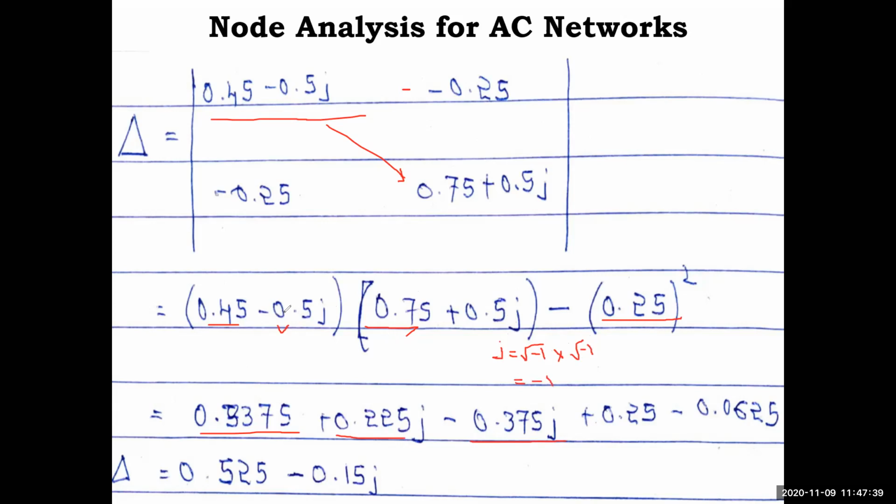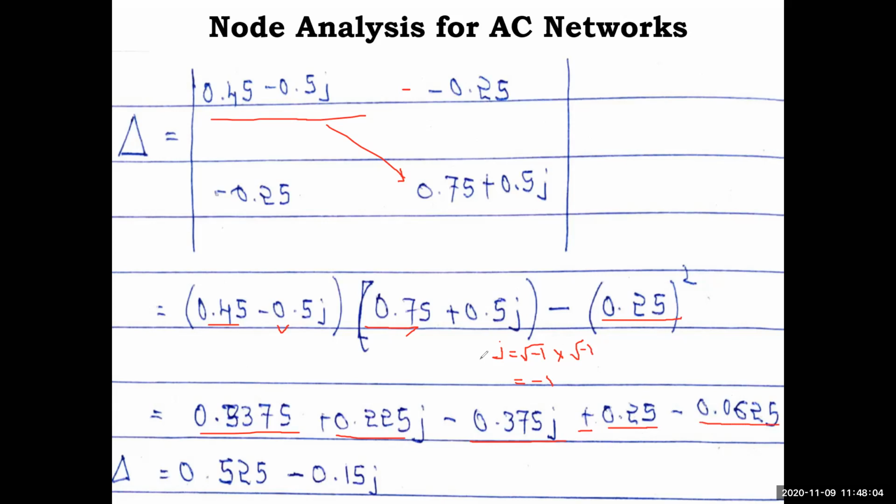So here, 0.5, the minus sign becomes plus, and 0.5 into 0.5 becomes 0.25. So the j terms vanish. If you have two j terms, the j term vanishes and you will have the opposite sign. In normal multiplication a minus should come, but it comes as plus because of this j factor. Minus 2.25 squared will give 0.0625.